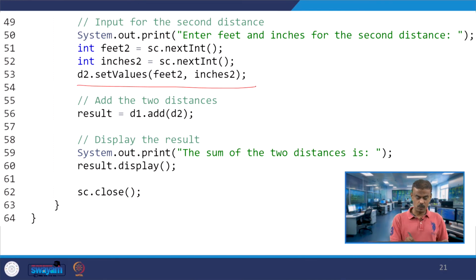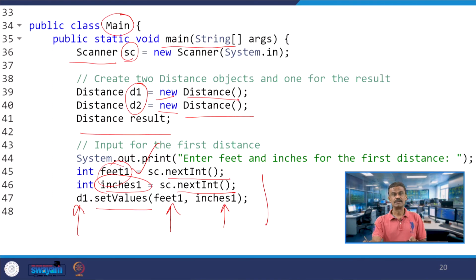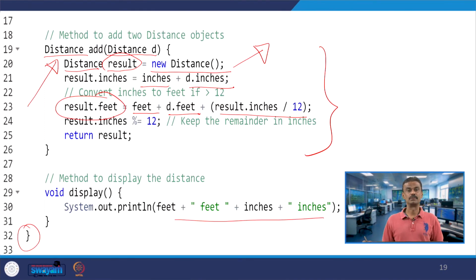Now D1 is invoking add with D2. Say I have 9 and 8 for D1, and for D2 I have 8 and 6. The object D1 is invoking add with D2, so I am passing 8 feet and 6 inches.